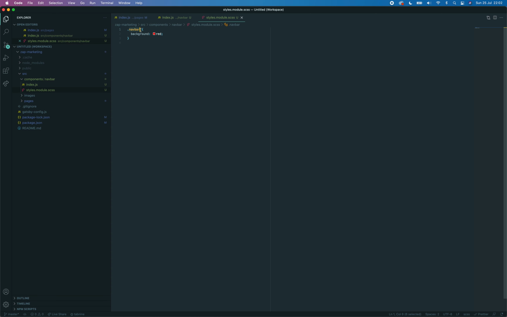So we're using the class name navbar. If we go back to our navbar, we've got a div here, so we need to add a class name. In React, class has been replaced with className, so rather than in HTML or other languages where we can just say class, in React we need to say className. So because we're using modules, we need to import our styles as a JavaScript object. So how we do that is we say import